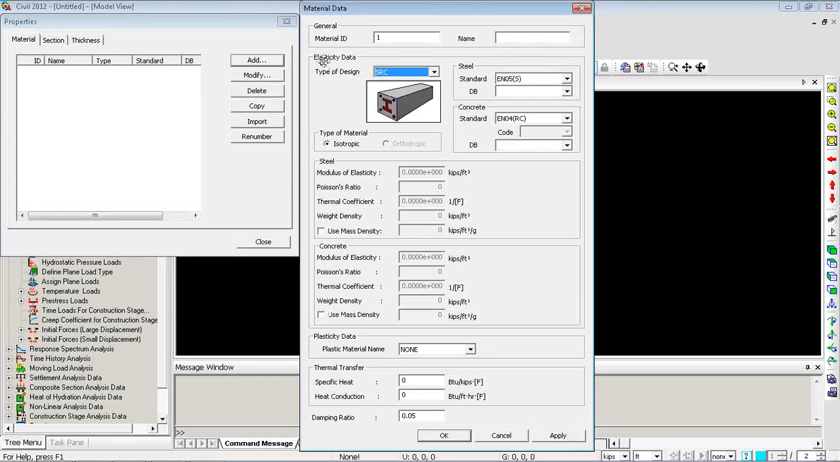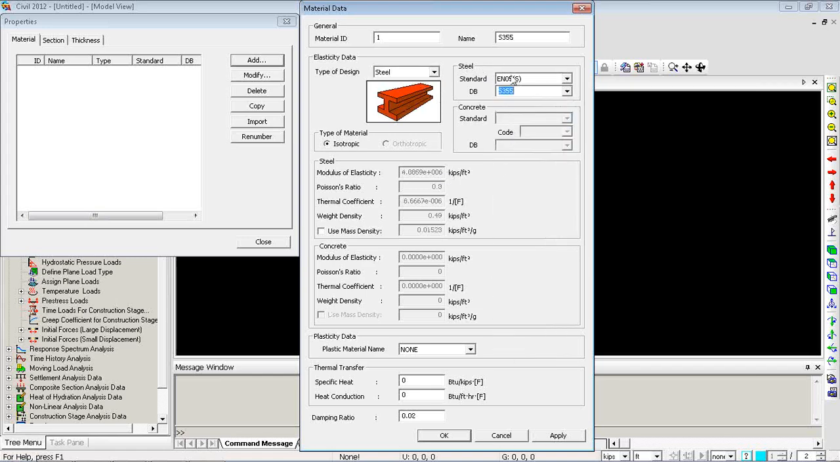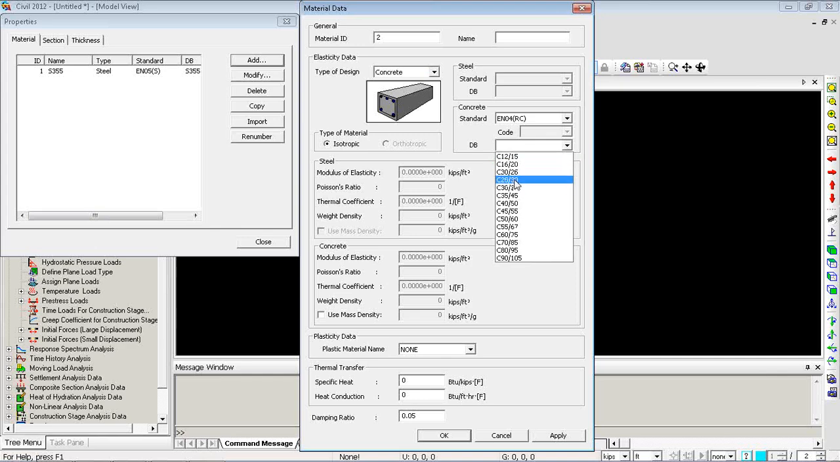So I'll enter, you can see based on the type of the design, you can select the material type. So let's say I want to define one steel material. You can select from the code database, and these values you can see automatically get entered as the material properties. So you can apply, and let's say a concrete, and again apply,